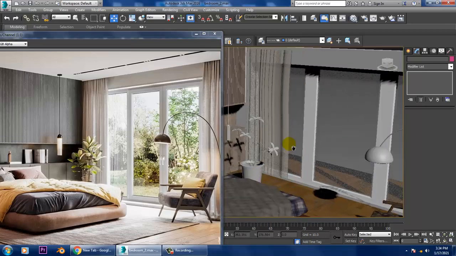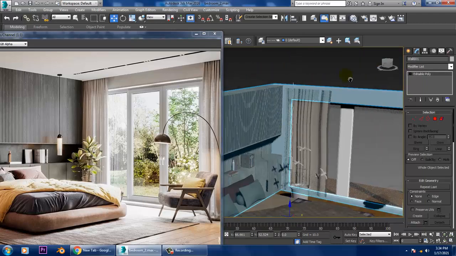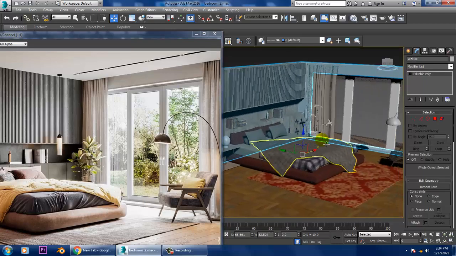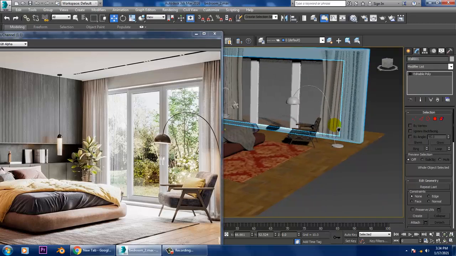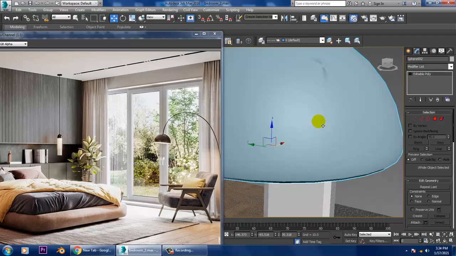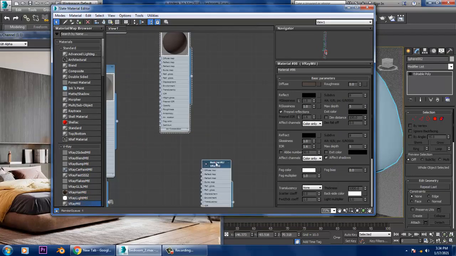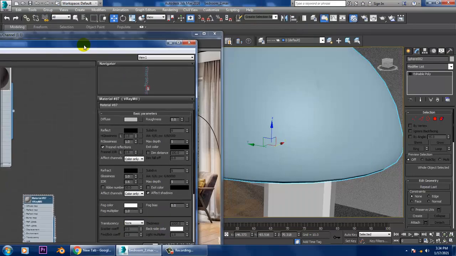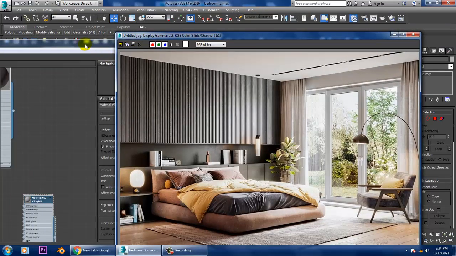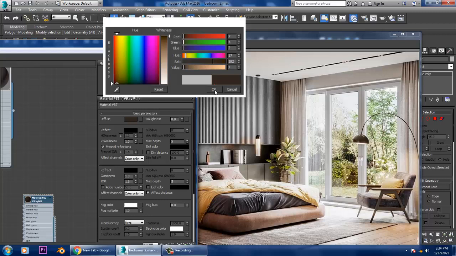Now let's go over here, let's select this lamp. For this, let's go into material, take a V-Ray material, let's give a metallic color over here by picking a color. Click OK.